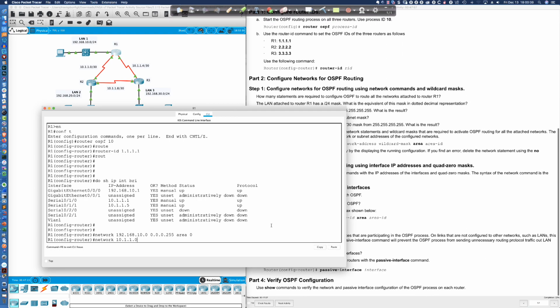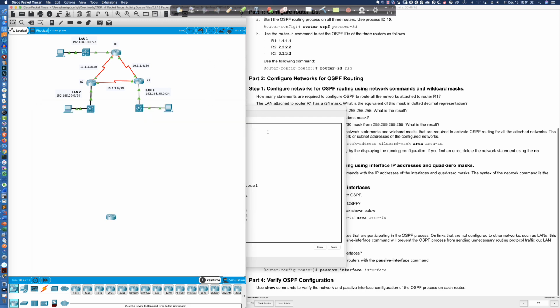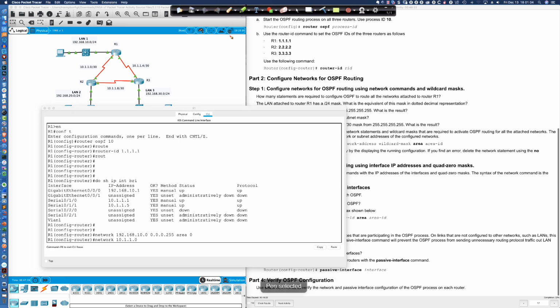Now, again, I like what they did here, where it's going to force you to think, okay, if it's a /30 in slash notation, what would that look like in dotted decimal notation? Because we're going to need that value in order to calculate the wildcard mask. So let me walk through, and I apologize there, let me walk through this example in a little more detail. So a /30, remember that means that the first 30 bits,